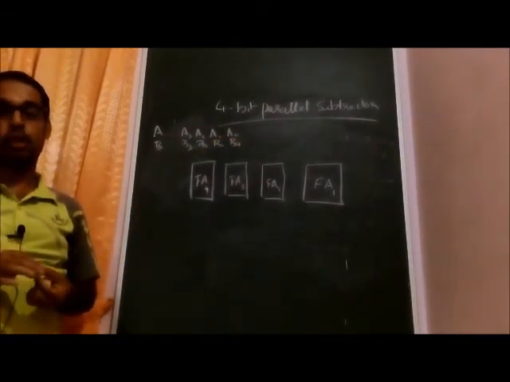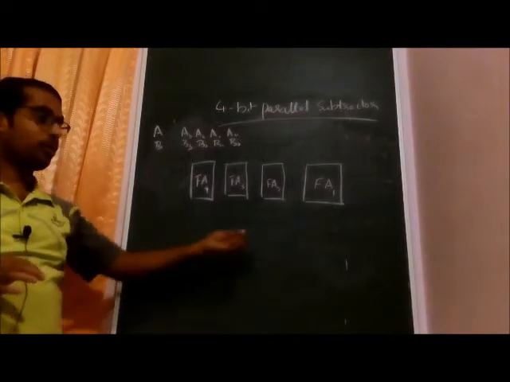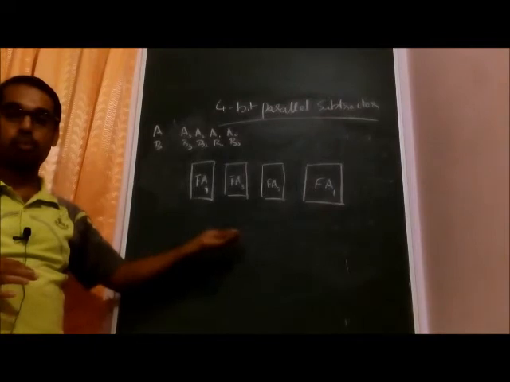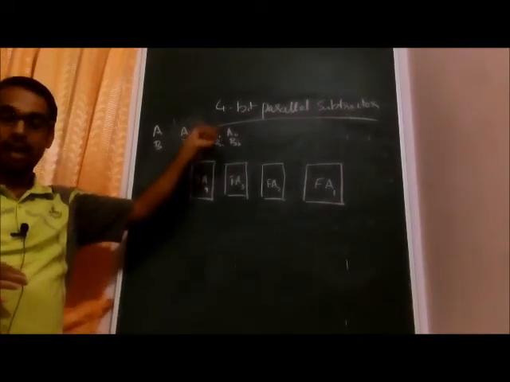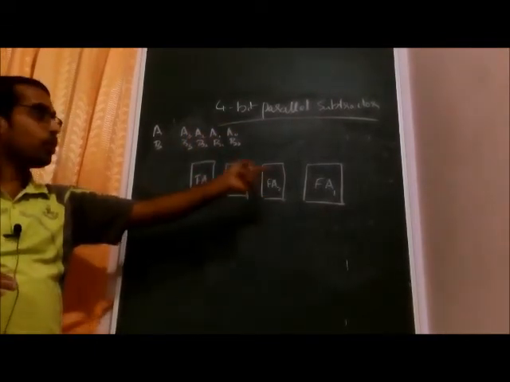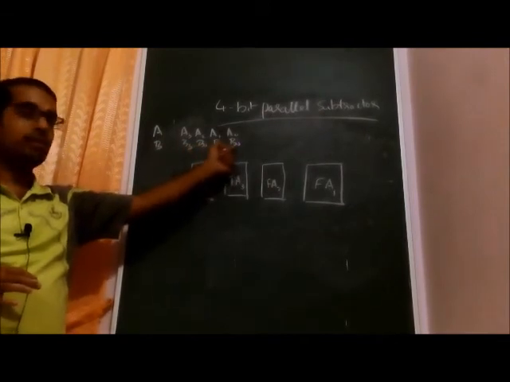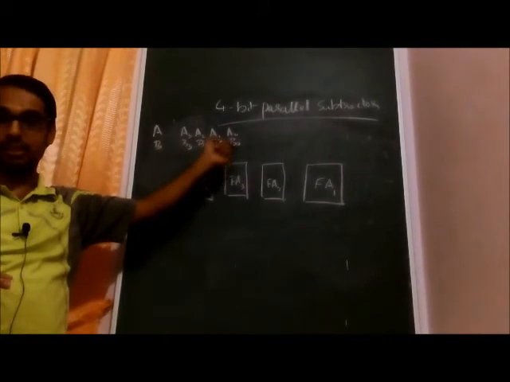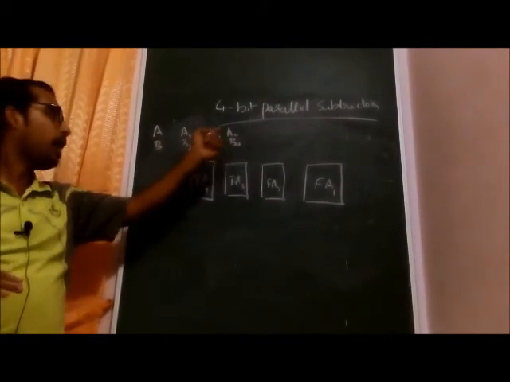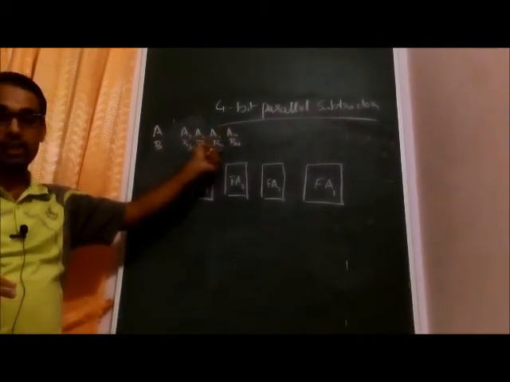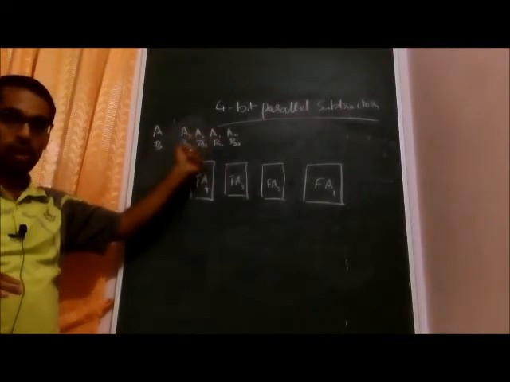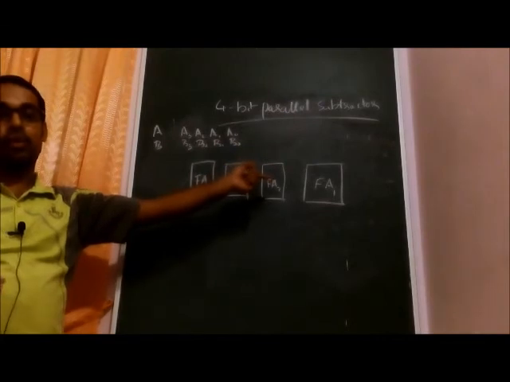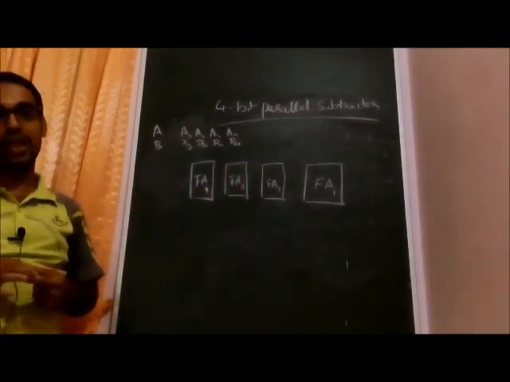So how do we take the complement? For doing the 2s complement, we take the 1s complement of the second number first and add 1 to that. For that we just complement this number. If this digit is 0, we want to make it 1, and if this digit is 1, we want to make it 0. So we just complement this, but we also want to add 1. How do we do that?